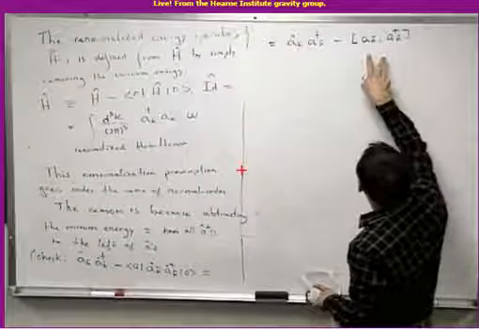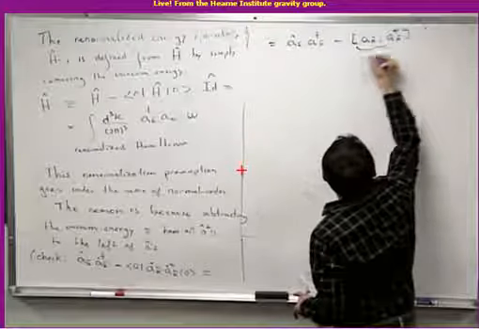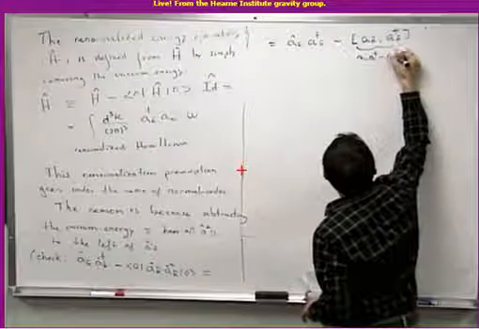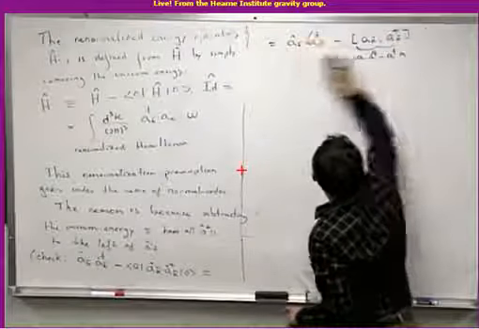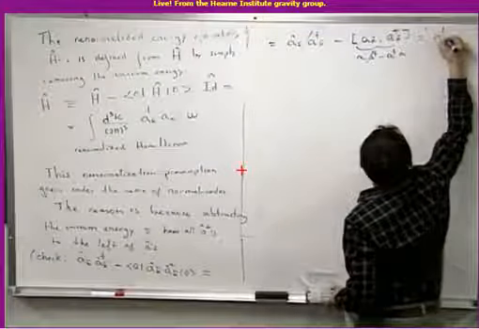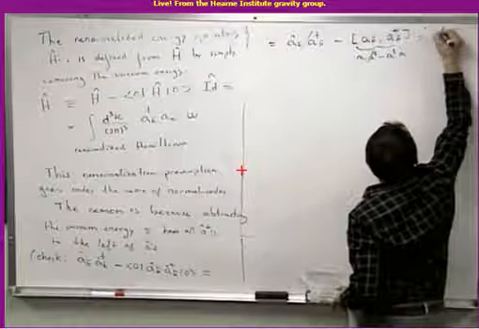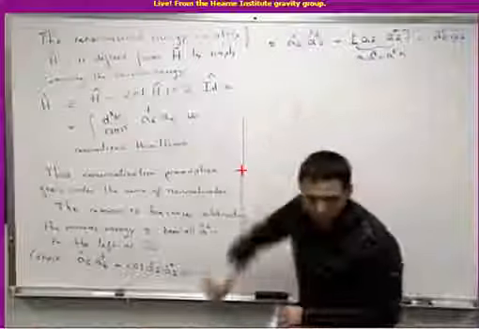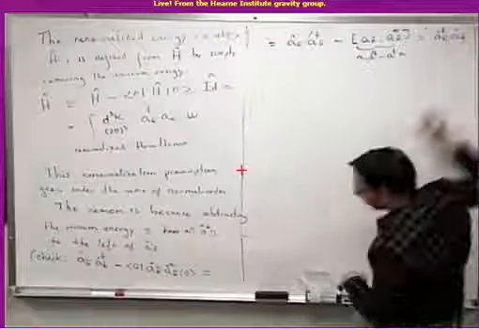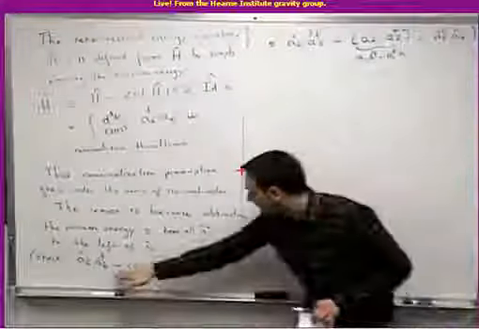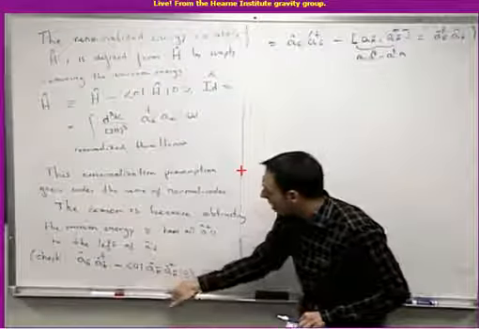And this guy is A A dagger minus A dagger A. This one cancels this, and we get the commutator. So you can see that my statement is true, that subtracting the vacuum expectation value is equivalent to